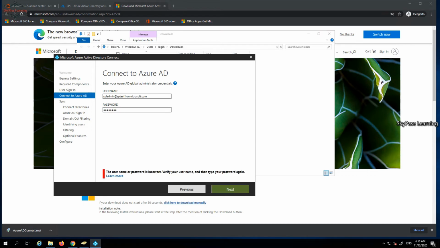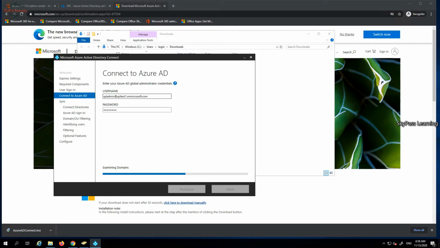It's trying to connect, okay, incorrect username and password. I think I have typed some, okay, SPL is missing, sorry, I entered the wrong credential. So, okay, let's just try to connect it.